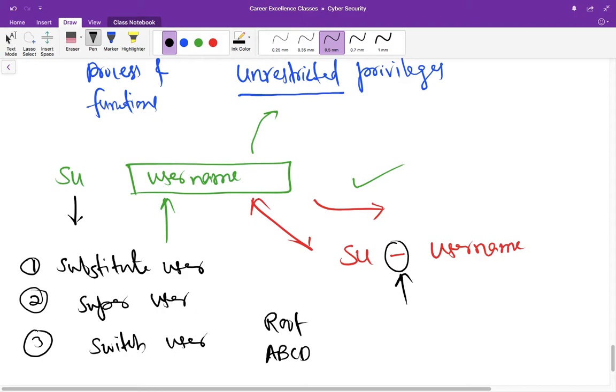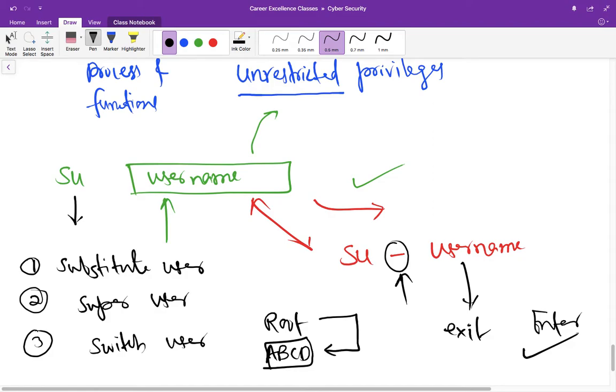If you write just this command without the dash or hyphen, the environment variables of root will go to this user's account, right? So there might be a difference in results. So when you switch user using this command, you can perform all the tasks and then write exit, enter, and come out of this user, right?